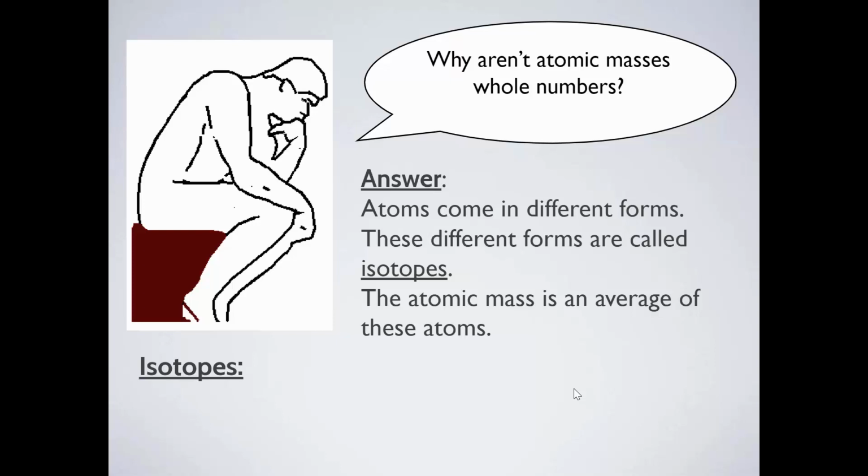So on your periodic table, if you see, for example, uranium down on the bottom, how many protons does uranium have? Way on the bottom. 92. Could it have 93 protons? No, because then it would be neptunium. Could it have 91? No, that would be protactinium. It always has 92 protons. That's the definition of uranium. However,